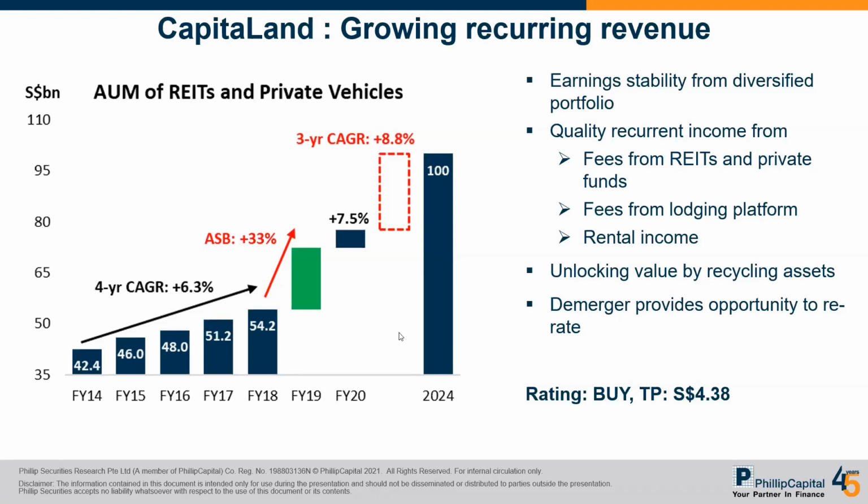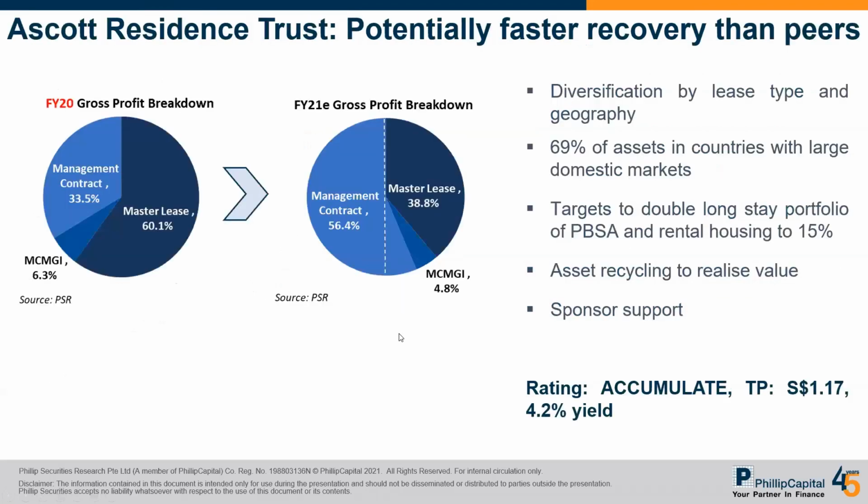Now moving on to Ascott. So for Ascott, we like them for their diversification by lease type as well as by geography. By lease type, they actually have 3 different lease types. If you look at the pie charts on the left-hand side, they are the master lease, MCMGI as well, which